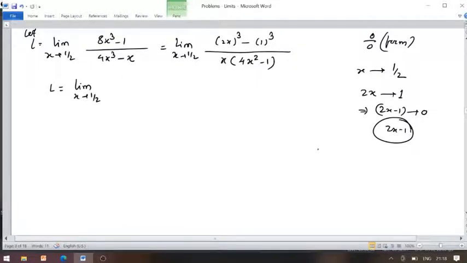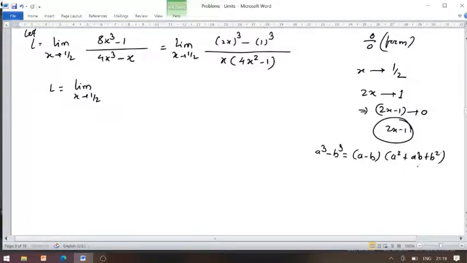Now, as everyone knows, we have the identity for a cube minus b cube is a minus b into a square plus ab plus b square, where here the value of a is twice x and the value of b is 1. So we get twice x minus 1 after replacing a and b by their values. Twice x minus 1 into twice x the whole square, that is 4x square, plus ab, twice x into 1, becomes twice x, and 1 square is 1, divided by